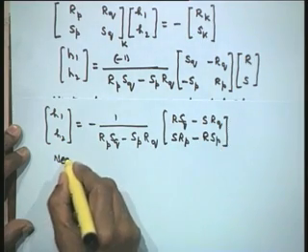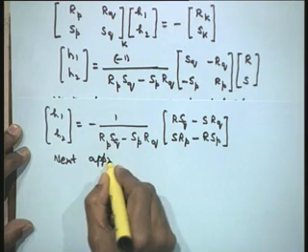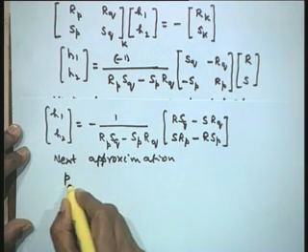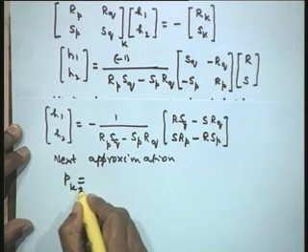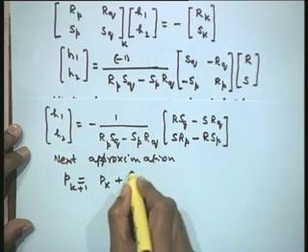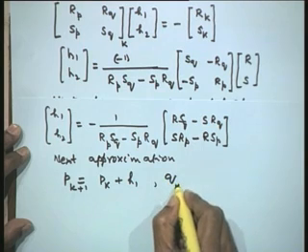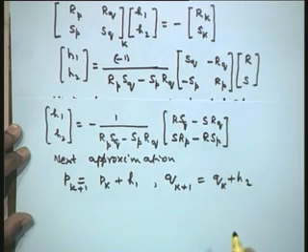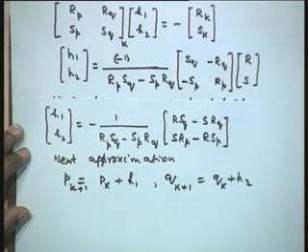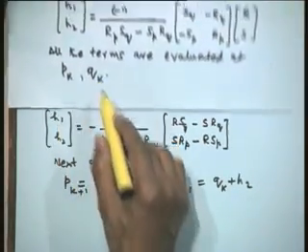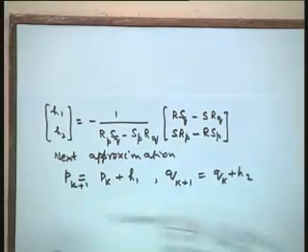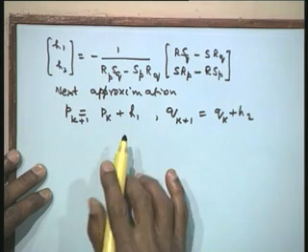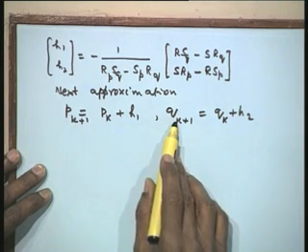So the next approximation will be p k plus 1 is equal to p k plus h1, q k plus 1 is equal to q k plus h2. So we are talking about the current iterate as p k q k, therefore the next iteration will be p k plus 1 and q k plus 1, and we have this particular result. This is the required result for our next iterate.